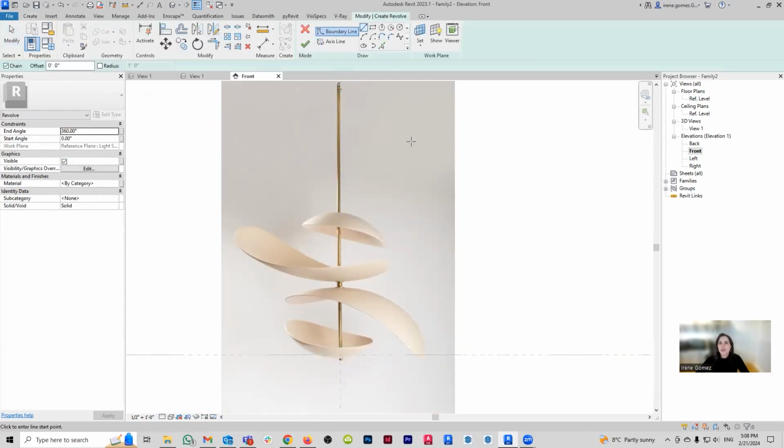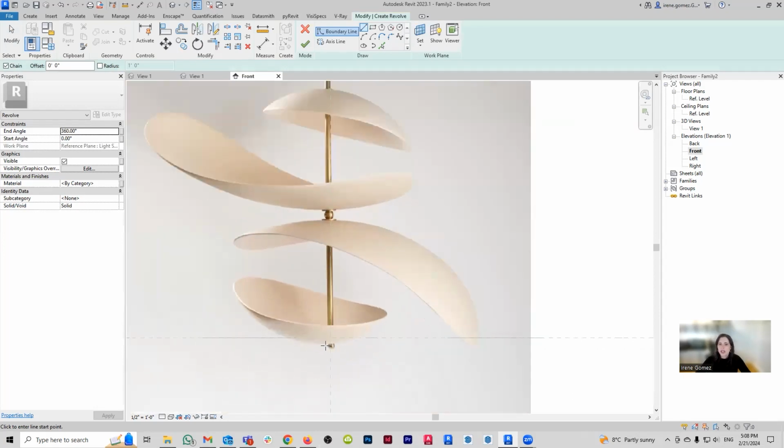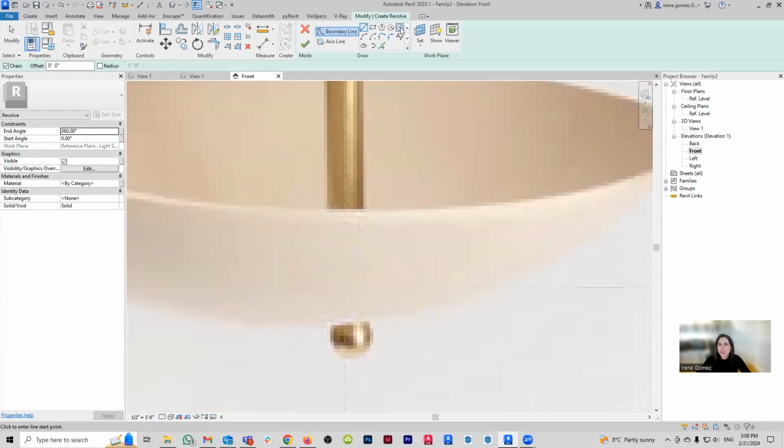So with that out of the question, we're going to go to Create and create a revolve. Same as when I did my light bulb, I'm going to model only half of this profile, and then I'm going to pick the axis of my revolve, and that is going to basically extrude it 360 degrees. So I'm going to start with a little circle. Again, this is not perfect. The image is not perfect. We just need to roll with punches.